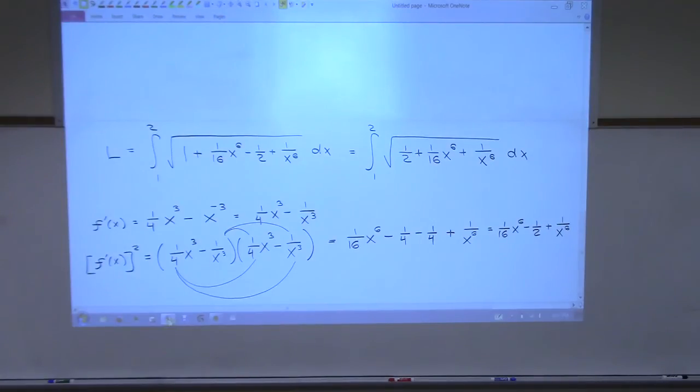Right? 1 minus a half is a half. Now, normally, if you saw something like that, you should get a little bit ill, because that's not an easy integral. If the square root wasn't there, would it be easy? Yes, but the square root is there, so that is definitely